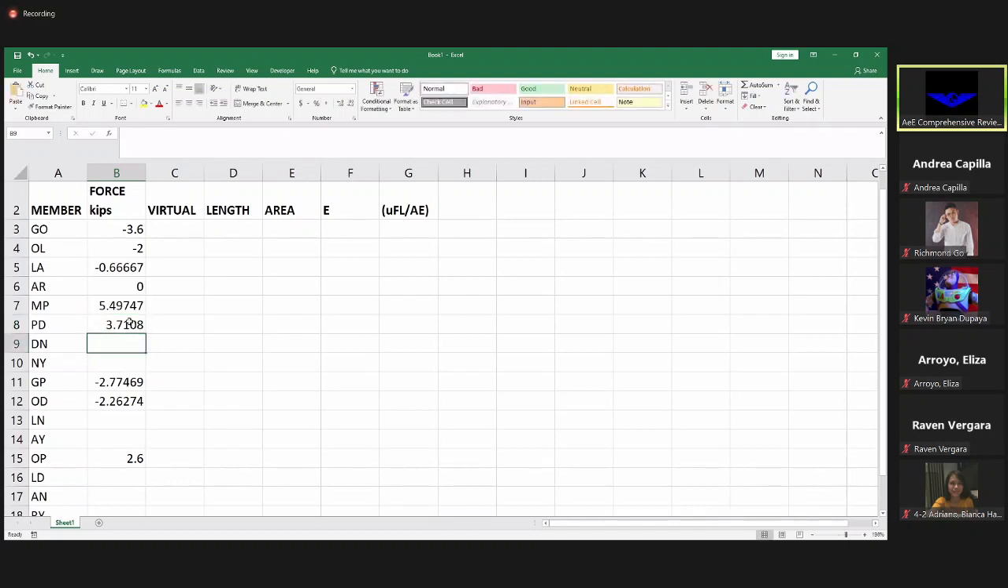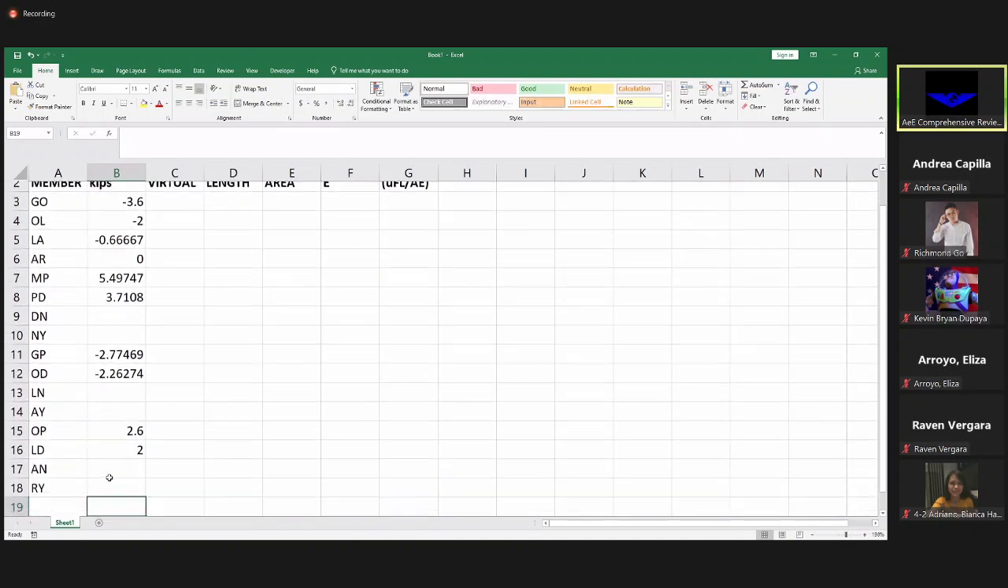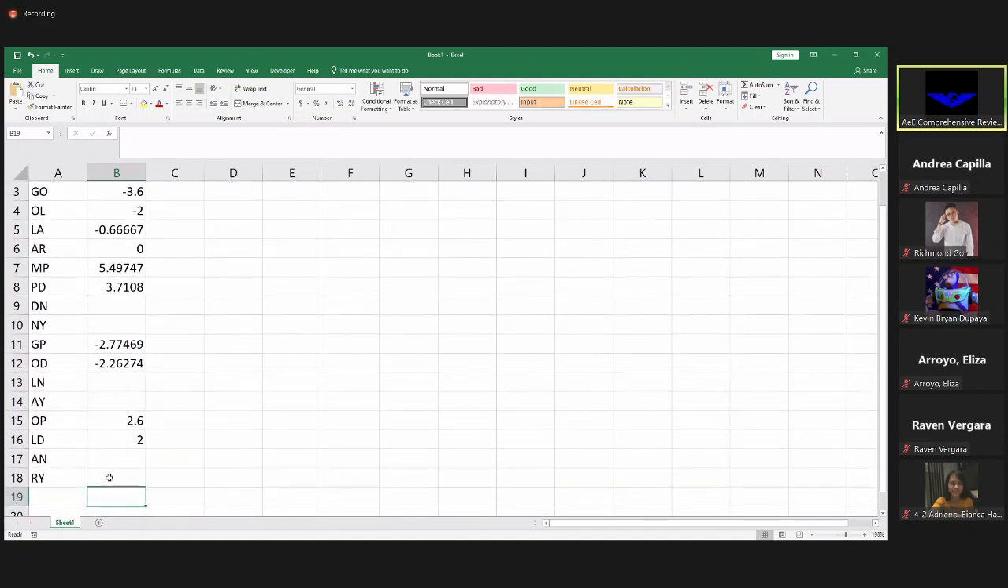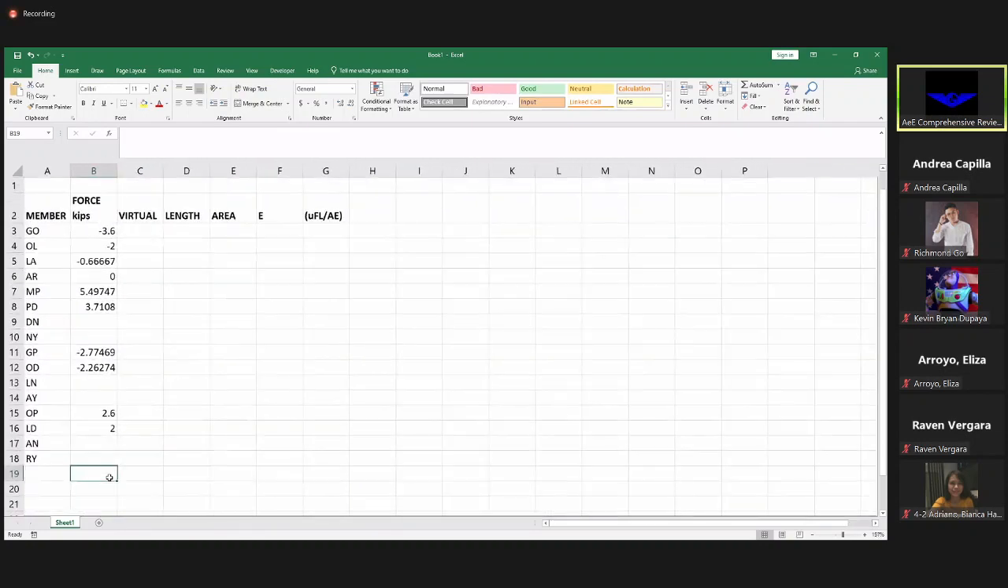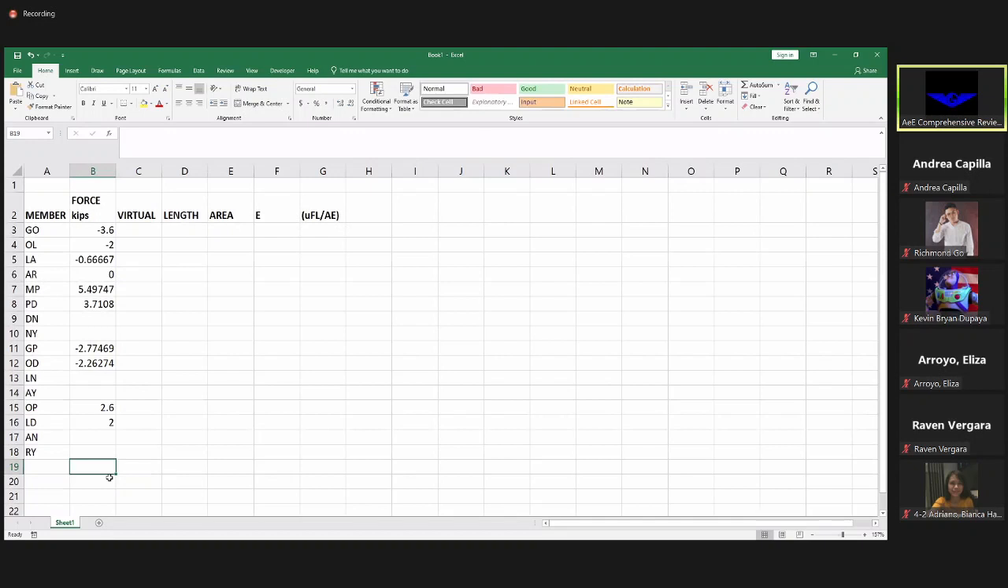DN, LD pala muna, LD is 2, LO -2, ayan, naka-input naman na. Okay. LN, that is -5/3. And then DN, 2.061552813. AN, 4/3. And then,